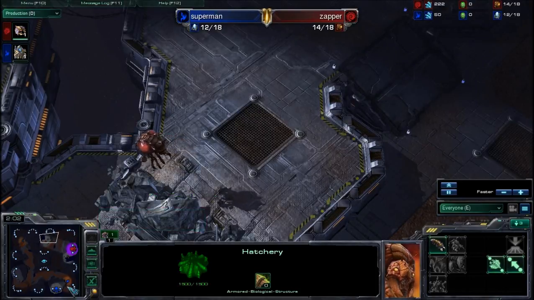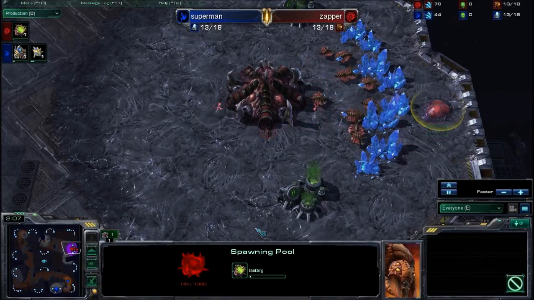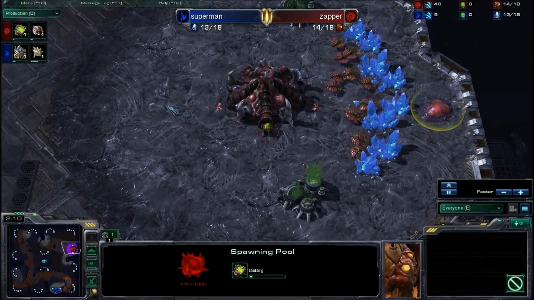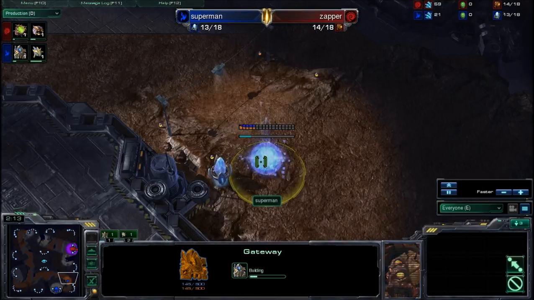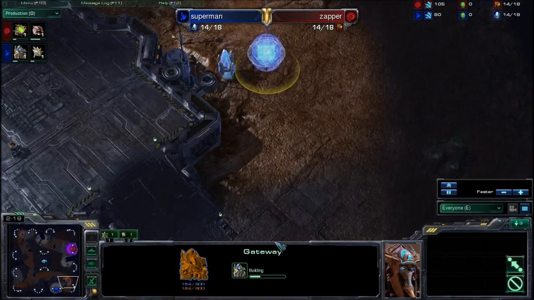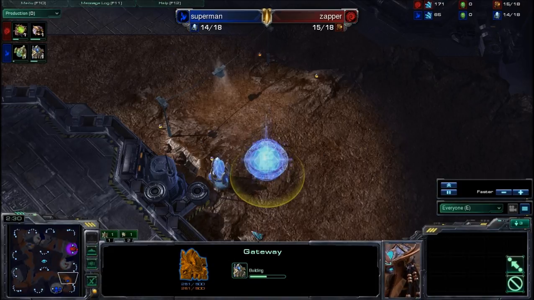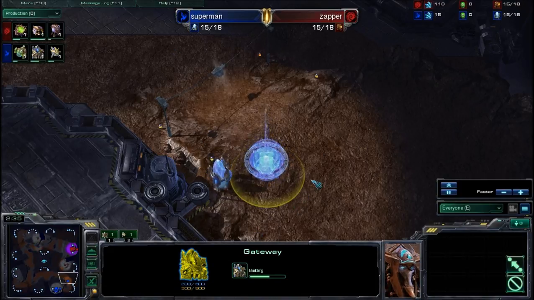And now let us dive into the analysis of today's game. Zapper, of course, building this 14 pool, and Superman opting for the pylon gateway at the natural ramp. So perhaps this could expand into a Forge Fast Expand. I like the double use of expand. That was not intentional. But the Forge Fast Expand is a very viable strategy against Zerg, as it allows the